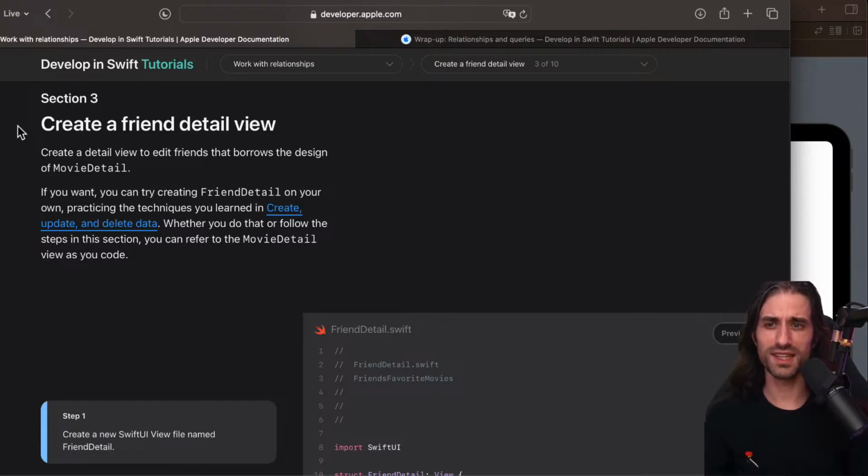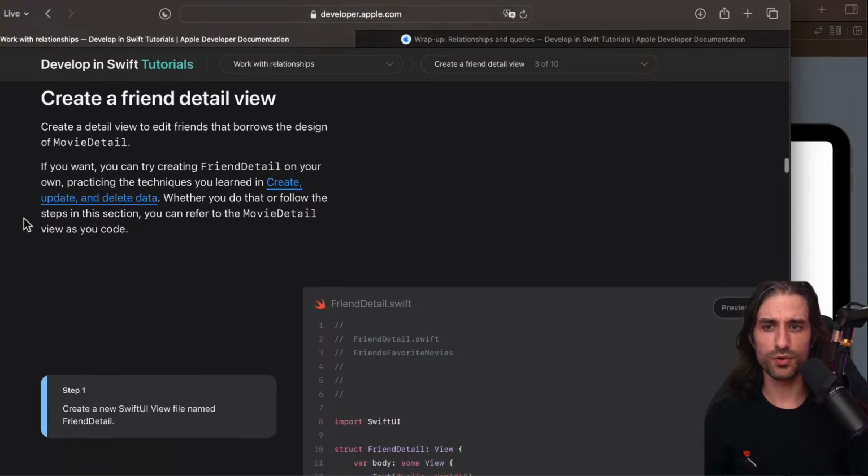So let's resume section 3, create a friend detail view. We're going to create a detail view to edit friends that borrows the design of movie detail. If you want, you can try creating friend detail on your own, practicing the techniques you learned in create, update, and delete data, the previous chapter. Whether you do that or follow the steps in this section, you can refer to the movie detail view as you code.